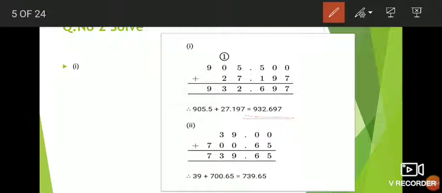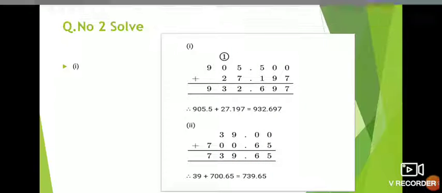Second question is given 39 plus 700.65. Now 39 is given, after 39 numbers are not there, that's why we can write 0.00 here. Okay, and here 700 they told, means first we have to write the unit place, tens place and then 100 place. Now 0 plus 5 is 5, 0 plus 6 is 6, 9 plus 0 is 9, 3 plus 0 is 3 and 7 as it is, means the addition is 739.65. Okay, this addition is very easy students, you can write very easily. This we learn in addition in 3rd, 4th and 5th standard also.